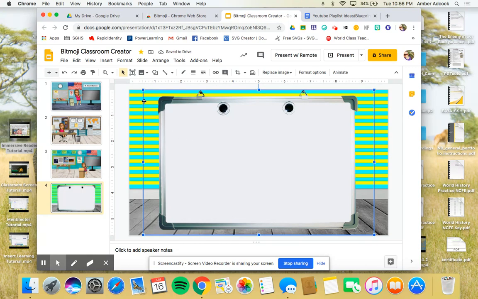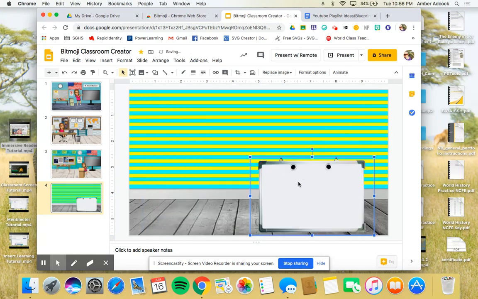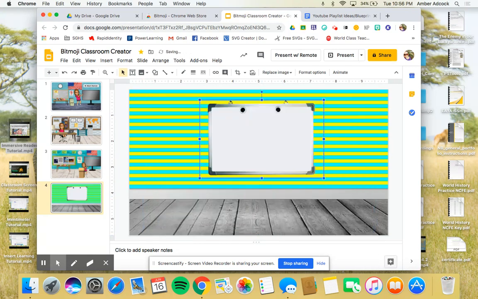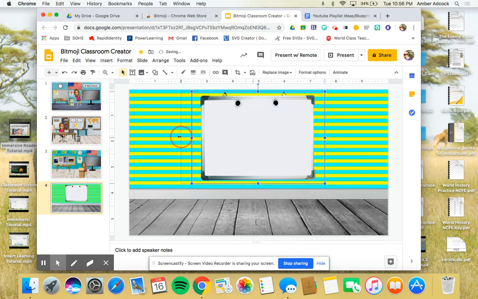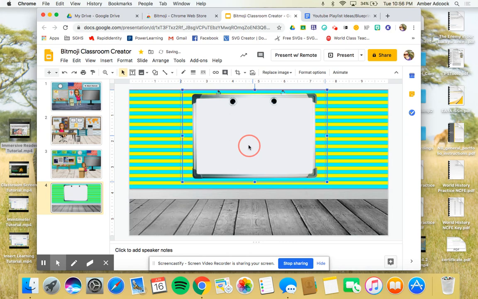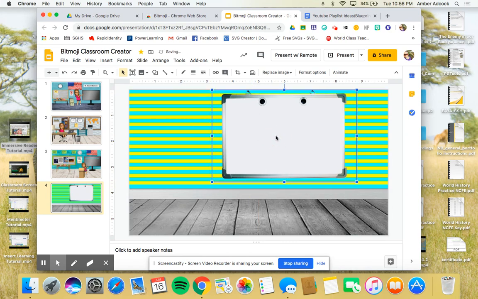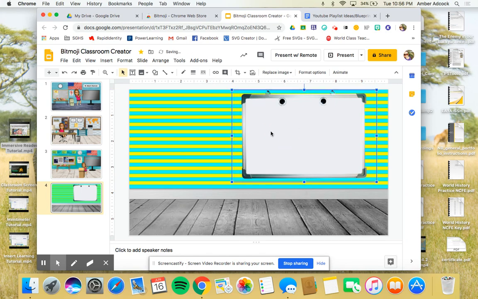Yep, there we go. So here is a whiteboard, and you see the difference. It doesn't have all the extra stuff. It's just the whiteboard. So I can make this as big as I want it to, floor to ceiling if I need to. So now I have the whiteboard, and let's say I want to move it over here because I want to put a desk over here, and I want to put myself